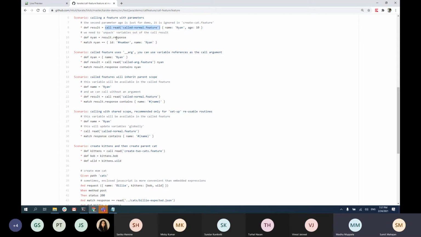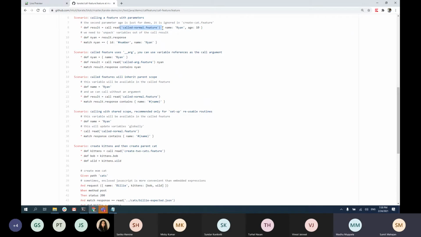Yes. So let's assume this, right? Let's say we are executing this scenario. The first thing it will do is call this feature, and however many scenarios are there inside that feature, it will execute all the scenarios, because you're calling the feature and not a scenario. So inside the feature, if there are 10 scenarios, it will execute all the 10 scenarios. So does it mean if it has a print statement somewhere, it will also be printing that thing? Correct. So it will be printing all the print statements, and it will be displayed in your report as well.